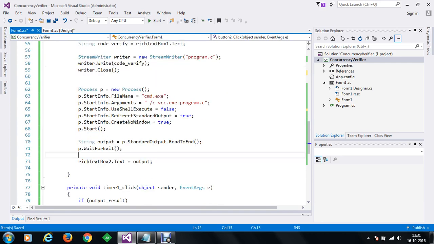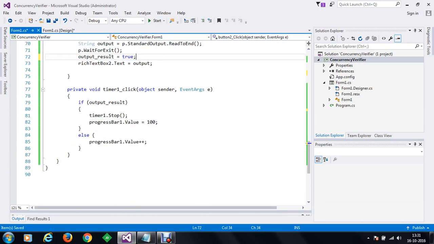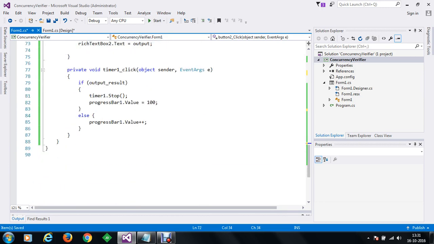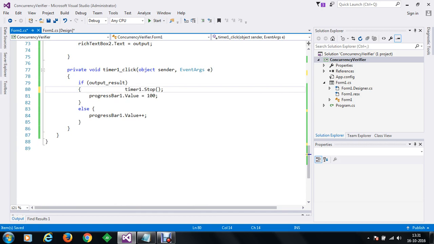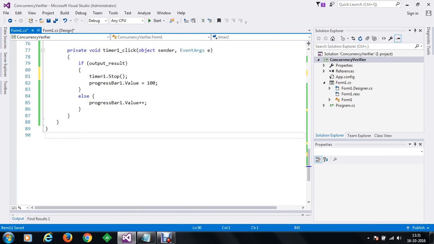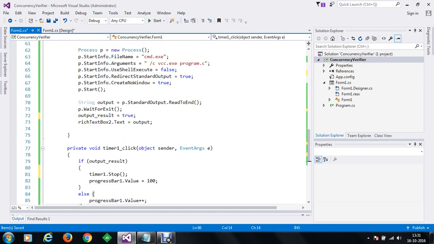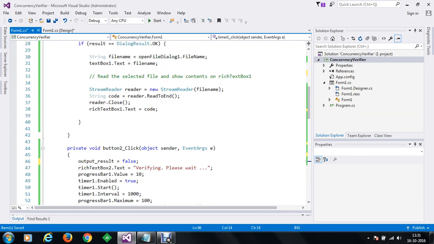Once we have received the output here, we are going to set output result equal to true. And once we have received the output result, we are going to stop the timer and set the value here.